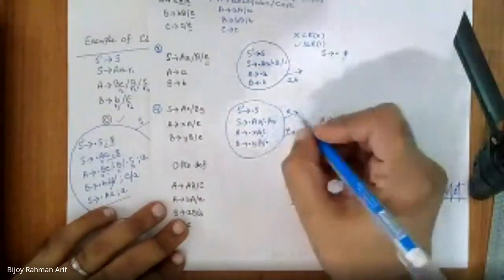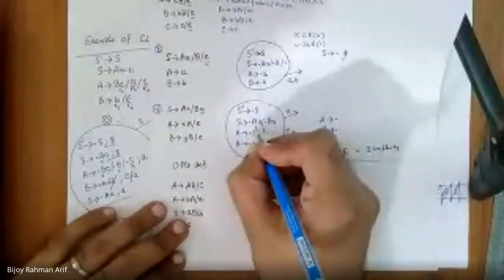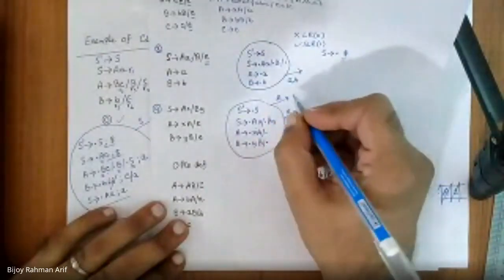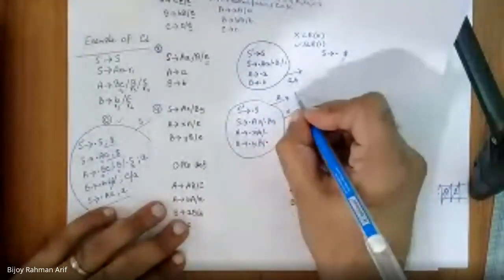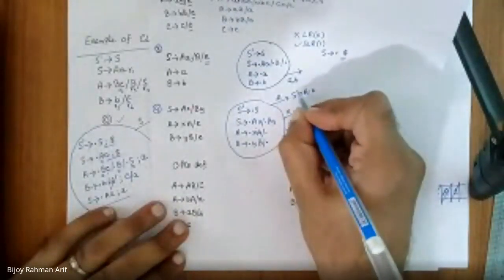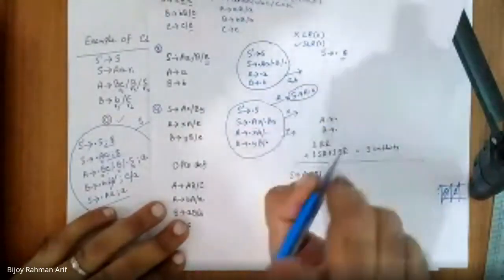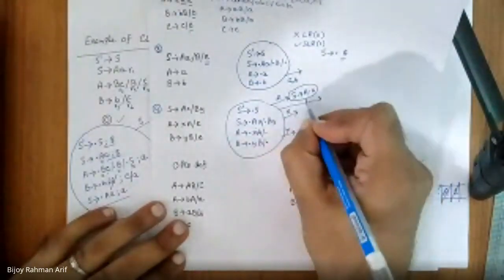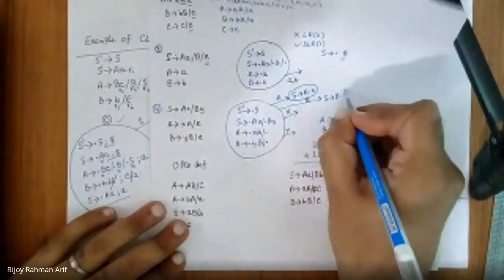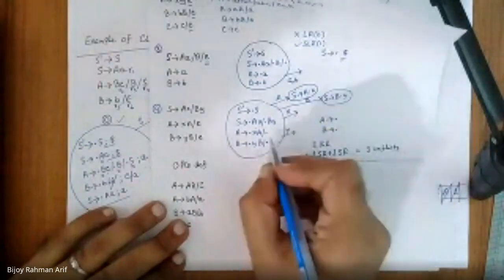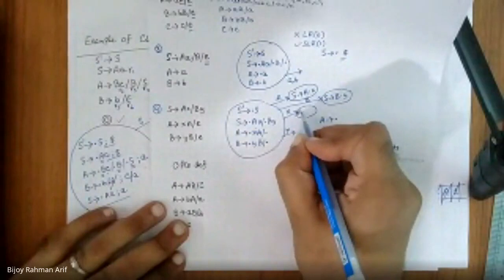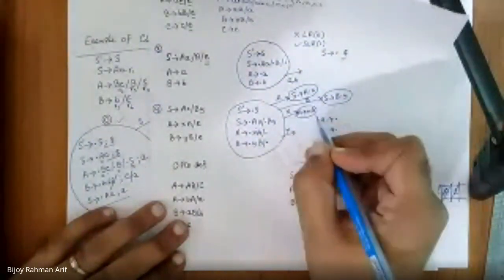I have simply seen that there is no problem here. I will go to a single product, so there would not be any conflict. S derives A dot X. There should not be any conflict because there is only one product there. For B, I can go to only one. So S derives B dot Y. There is a single product, so there is no conflict. So for X or Y, I will go to a single product. A derives X dot A